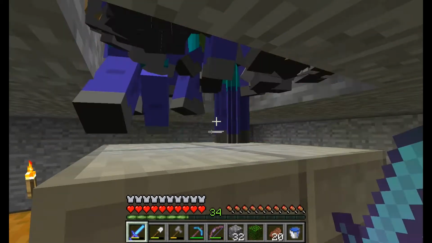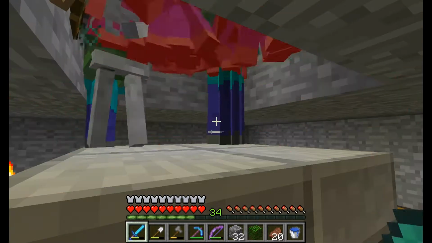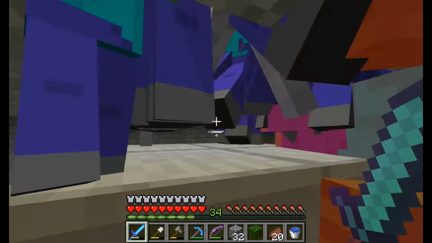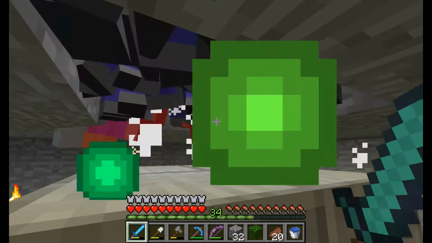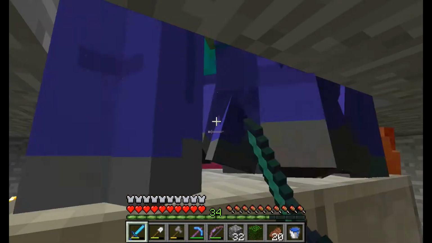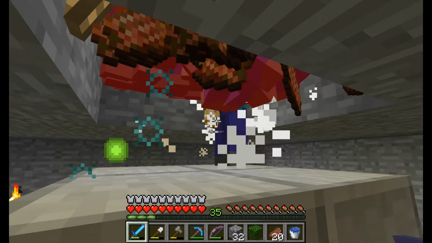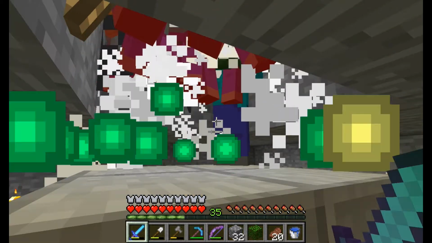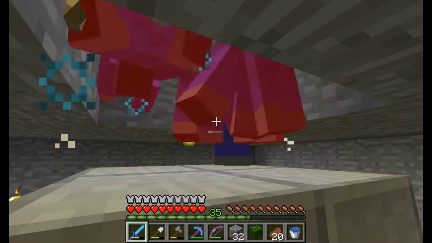So we just stand down here and these guys spawn and spawn and spawn, and I can get XP. I know I should have some sort of trap that kills them, but I just couldn't be bothered. It's just as easy to stand here, and if I get a sword with mending, the sword would never run out, because this much XP would just keep